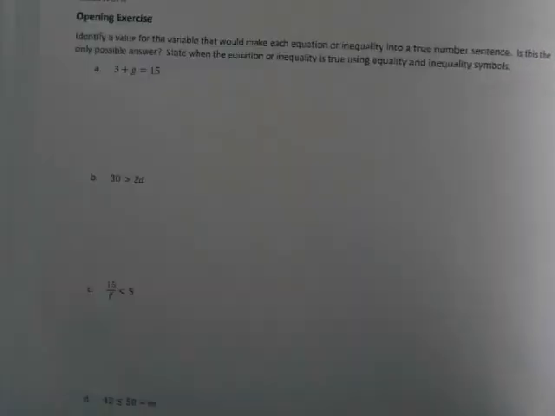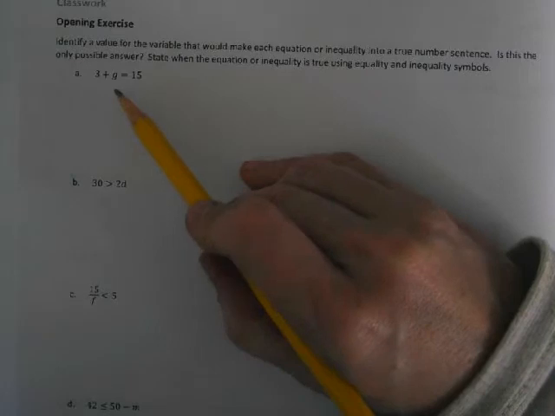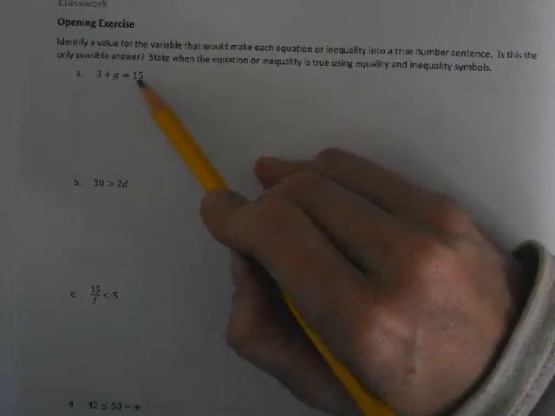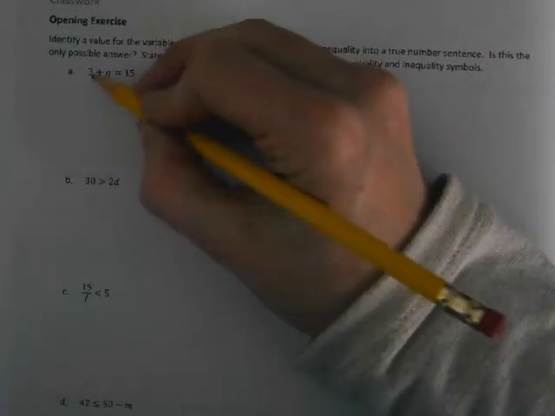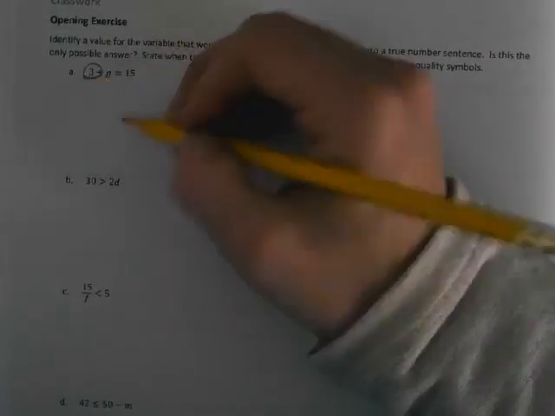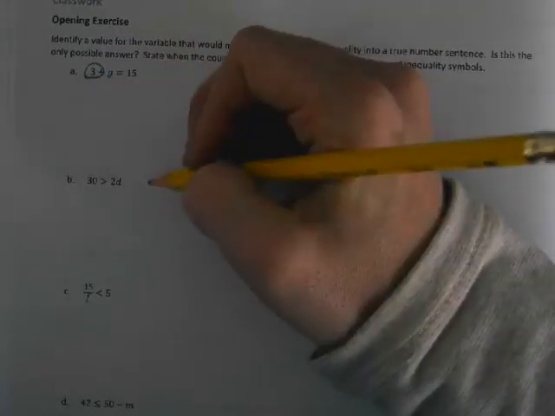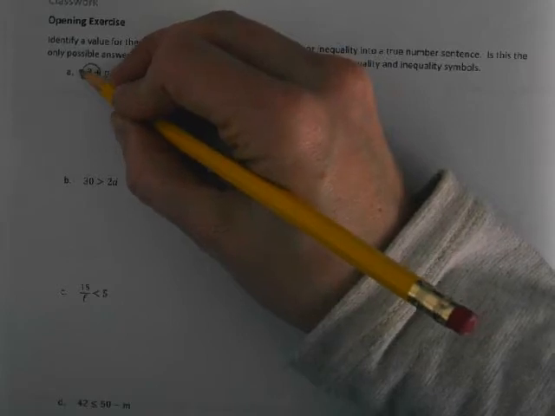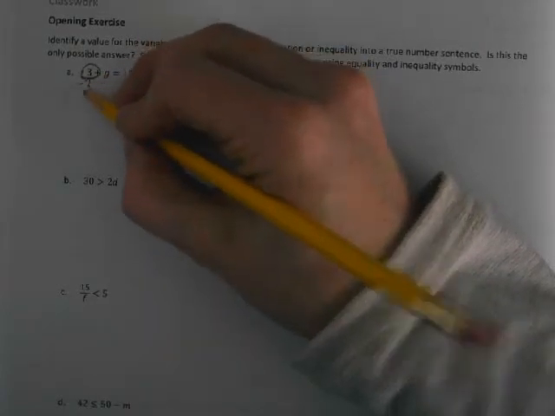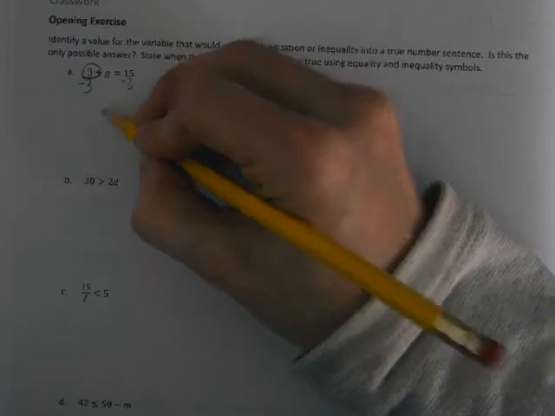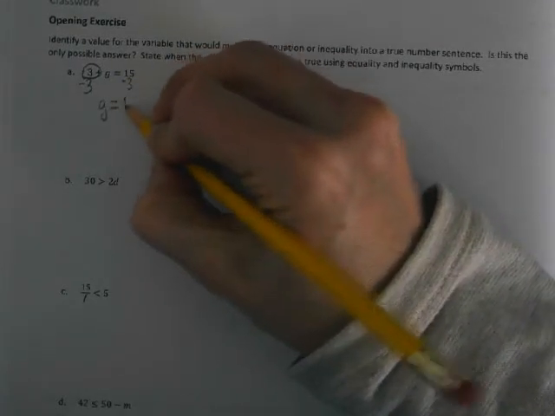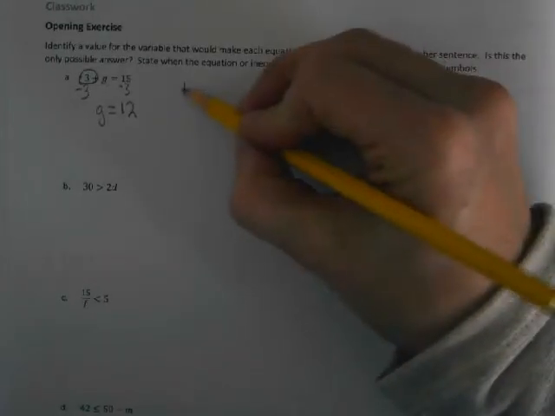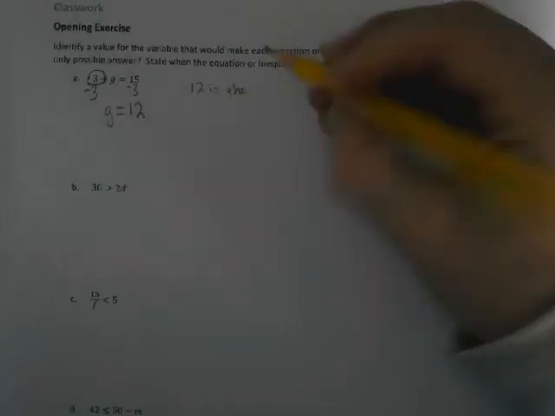So looking at this, I'm going to think, okay, what can I do with g plus 3 that will make it equal 15? And so what you actually do is you look over here, you see what sign is in front of the 3, and it is a positive 3, so this would be a plus sign. And so we do the opposite of it. We do the opposite over here. G equals 12. So this is what makes it true. And 12 is the only possible answer